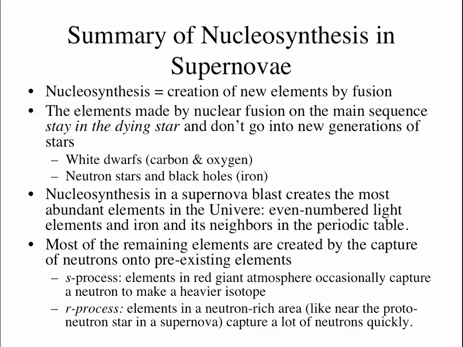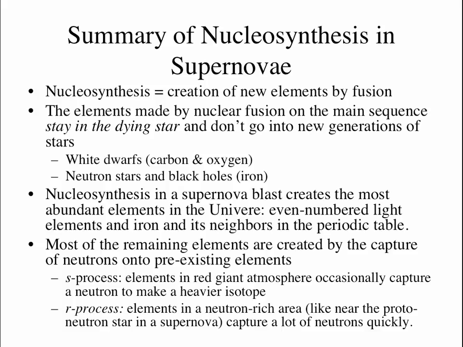And where do they come from? They come from nucleosynthesis in a supernova. That blast wave causes these elements to be formed. And a lot of those are the even-numbered elements in the periodic table, and iron and those around it in the periodic table. Whereas all the heavy elements and most of the odd-numbered elements come from the capture of neutrons